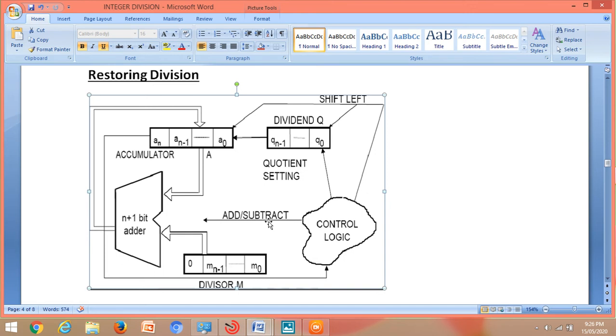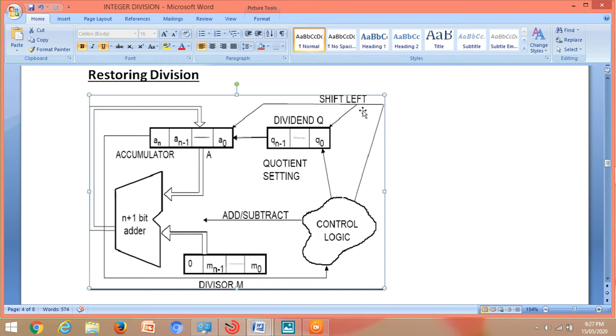So another way to do it is 3 plus minus 6. That means I am converting my subtraction into addition by taking the second number in its 2's complement form. So if the control logic converts the second number into its 2's complement form and uses the adder, subtraction will be performed. Okay, so the control logic decides whether addition or subtraction will be done,